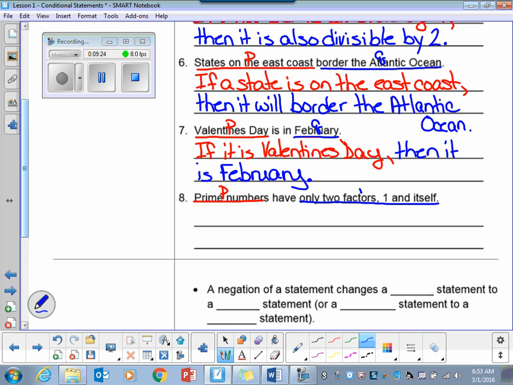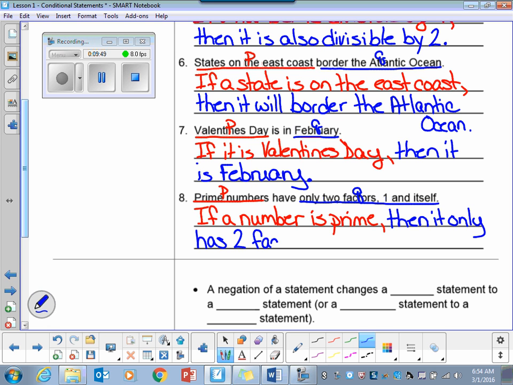Hypothesis, conclusion. If a number is prime, then it only has 2 factors,